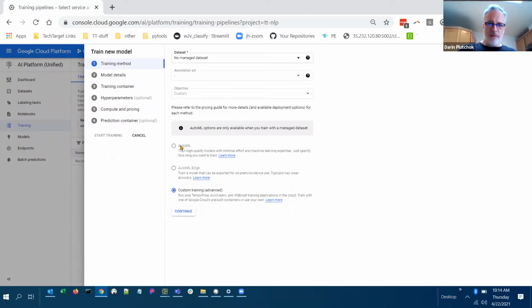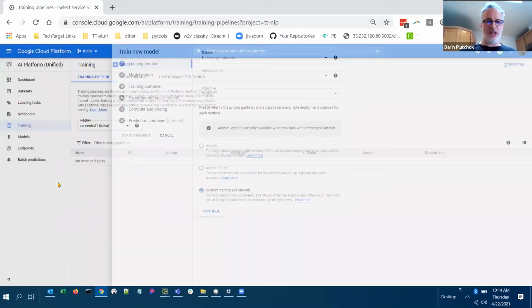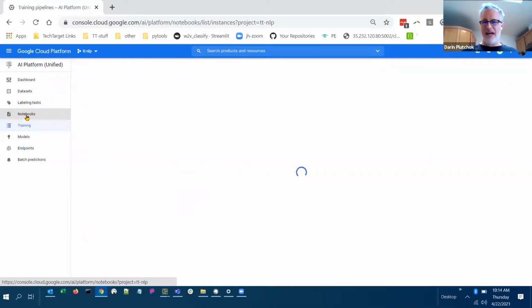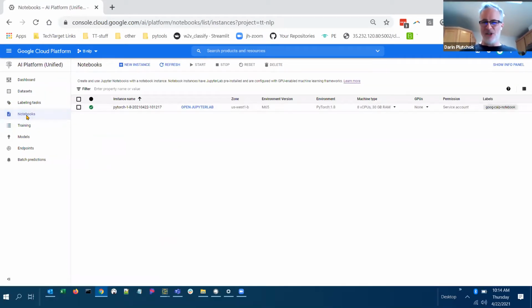So you've got your AutoML option, right? I guess Edge is IoT, and then you have your custom training, right? So I don't know, maybe I'll grow into using this in a way. It's good to know how to do that stuff, but right now I just want to use notebooks so I can have GPU.